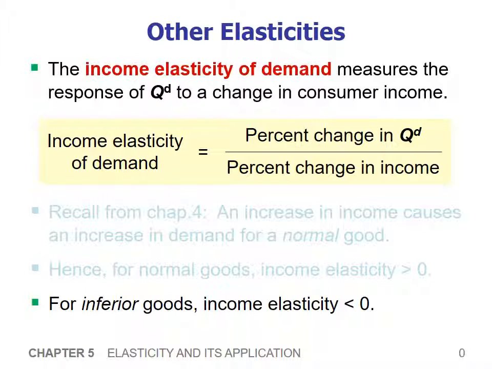Now recall that the sign of elasticity talks about the direction of change between the numerator and the denominator. For normal goods, as income goes up, buyers demand more of it. Thus, we should expect the sign of elasticity of income for a normal good to be positive. For inferior